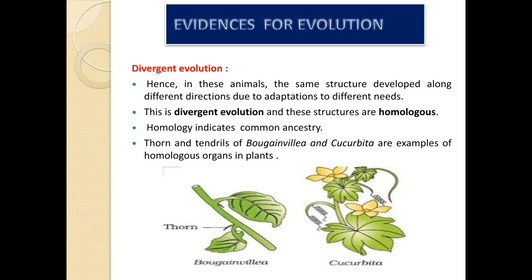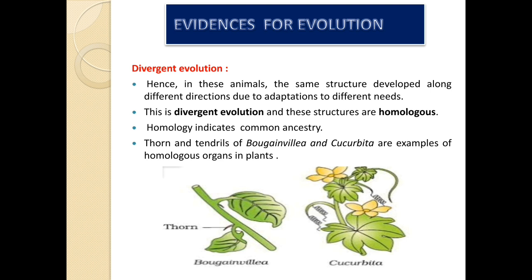So my dear student, here you may see in the picture Bougainvillea, you see the frond, and here Cucurbita, you will see the tendrils. Can you see some ring structures coming out from the stem? So these are known as tendrils. Both of them have the same origin. Can you see the origin is the stem? The frond is coming from the stem, as well as the tendrils are arising from the stem. So their origin is the same. Clear? But their function is different. This frond is for protection in Bougainvillea, whereas in Cucurbita these tendrils are for support.